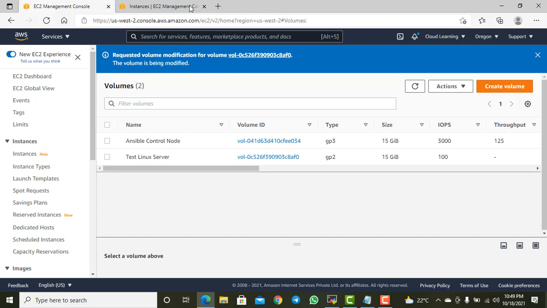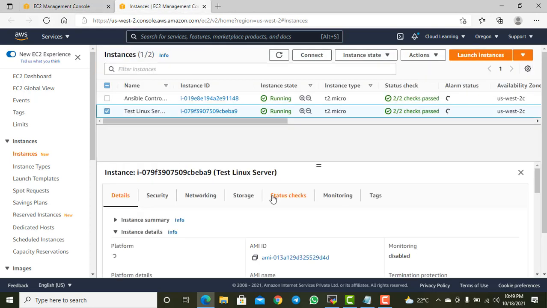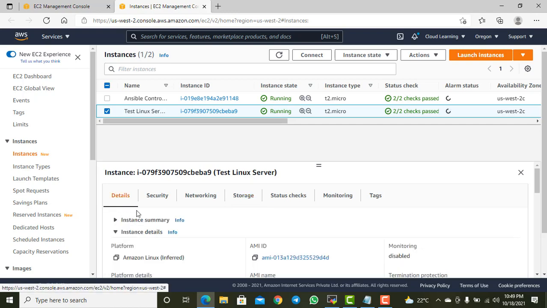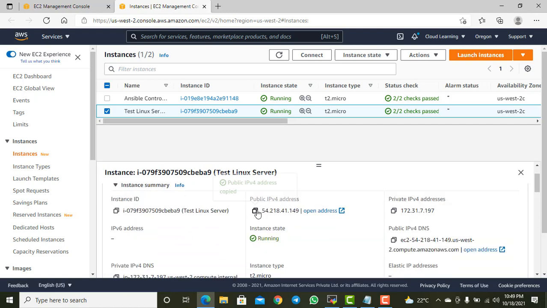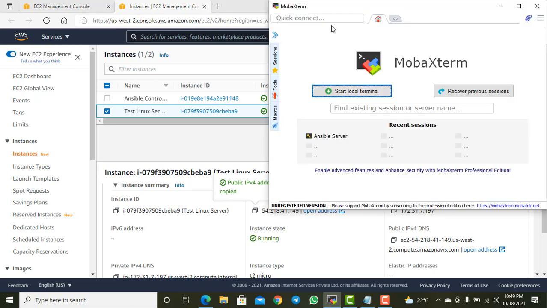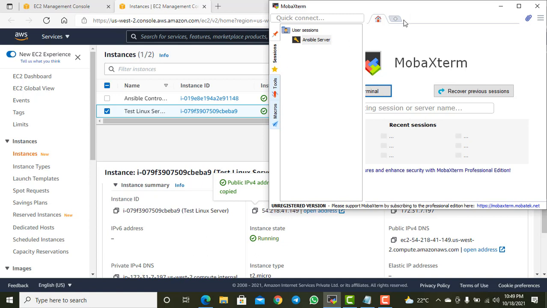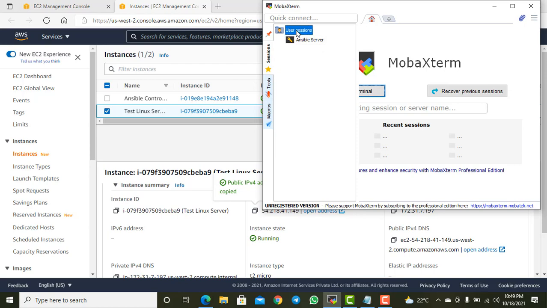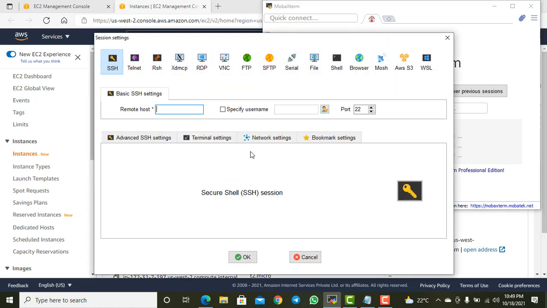Now let me connect to this server and see what is happening. This will not increase the size of the server automatically, so we need to increase the size in the OS as well. This is usually the task of the Linux team, but we might need to do it in some cases, and if we have that knowledge, that is really good. We should know about that.